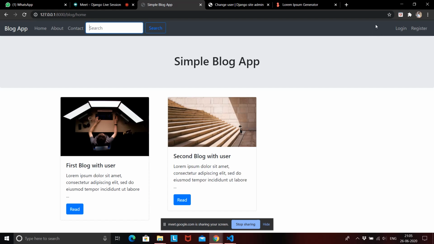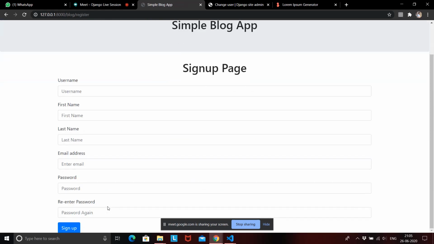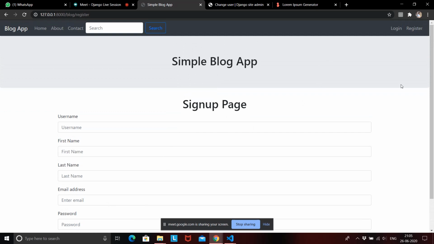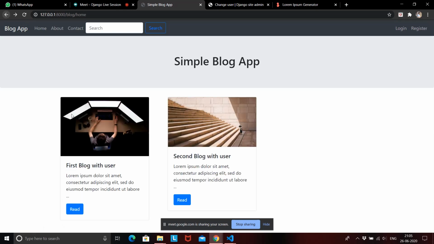So once you are logged in, you have your login page, we have a register page. Okay, you can create new users, you can log in to the user, and once you're logged in, then and then only you can create a blog. Also, afterwards we assigned each blog with a particular user using foreign keys, right? So what foreign key does is it links your particular model with the user model, and each and every blog will automatically be assigned a user.